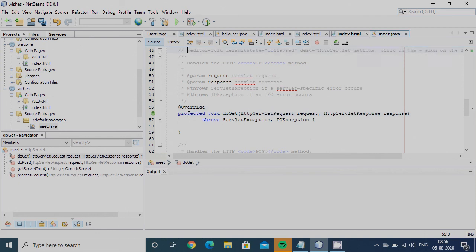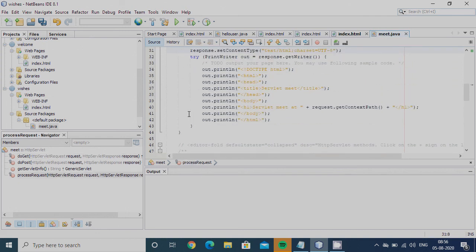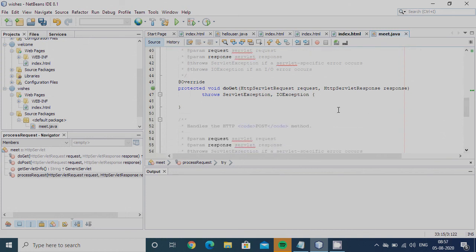I want these two lines. I'm not going to do this work, so I don't want this, I'm deleting it. Instead, I want these two lines. Copying this and bringing it to the doGet method.